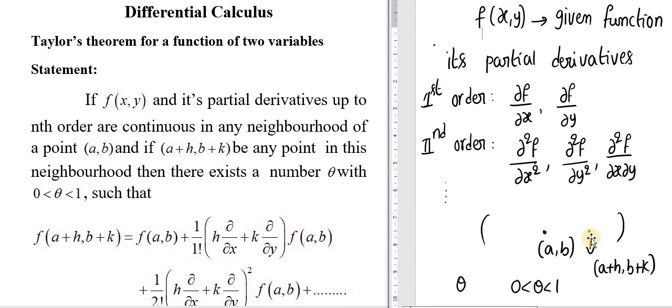Here the point coordinates are a plus h, b plus k. Then in this situation there exists a number theta with 0 less than theta less than 1 such that